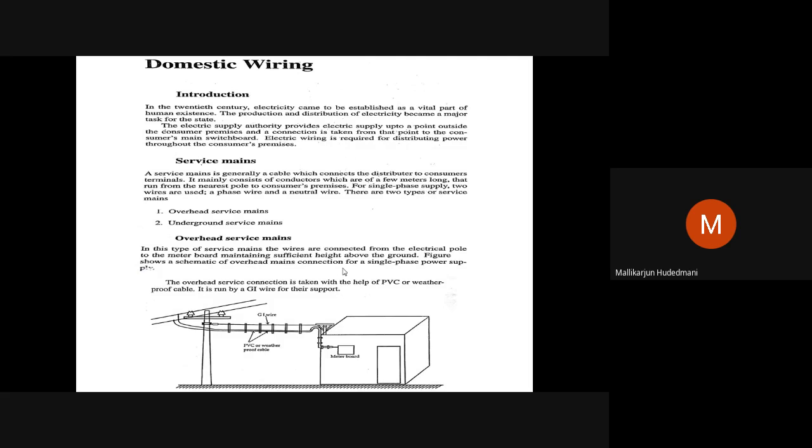This is a temporary wiring, like you can see at a fest, a circus, or an exhibition going on in a ground. Such temporary wiring from the supply can be taken to the premises. Or you find such wiring only in a village or an area yet to be modernized.